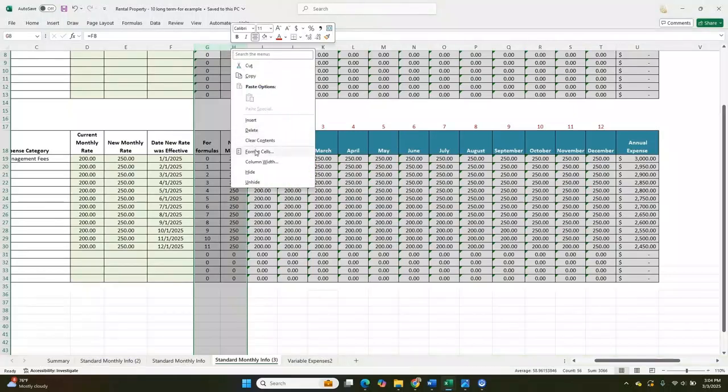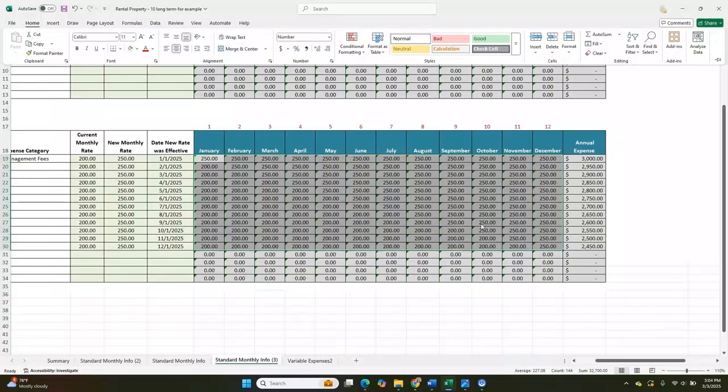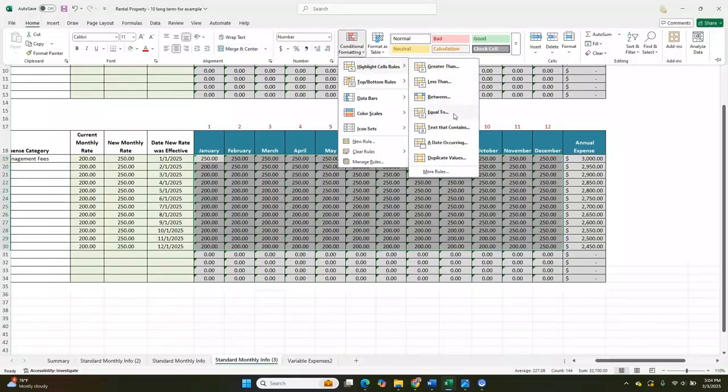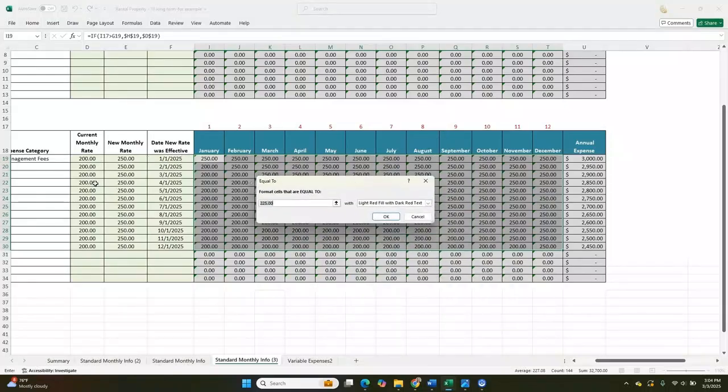I no longer need these gray columns, and so I'm just going to use the conditional formatting to help me review these numbers, because this is a lot of numbers all in a row and it looks so similar. So I'm just going to highlight my data and go to conditional formatting and equal to, and I'm going to enter 200 so I can highlight those,